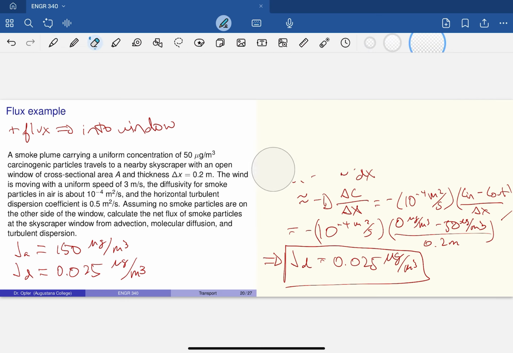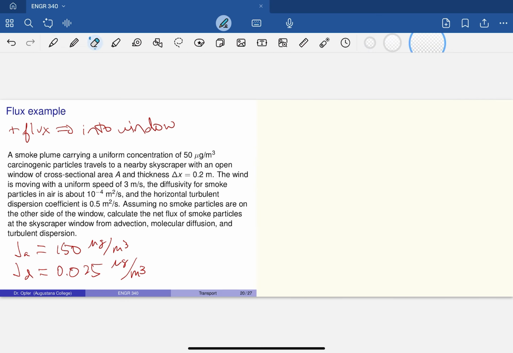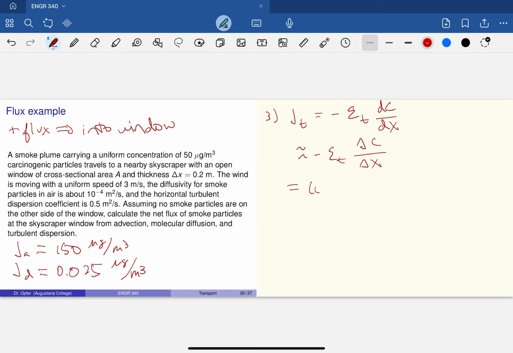All right, let's make some room for our turbulent flux. So we have something that looks remarkably similar to a diffusive flux, except instead of our diffusivity, we have our turbulent dispersion coefficient, dc dx. We do the exact same thing and we approximate this as finite change in concentration over a finite delta x, and this is exactly equal to 0.5 meters squared per second. C in minus C out is the same thing, 0 micrograms per meter cubed minus 50 micrograms per meter cubed,